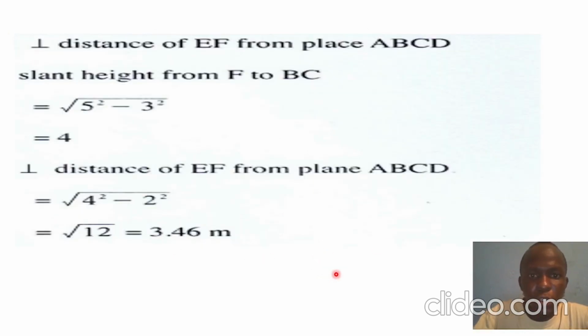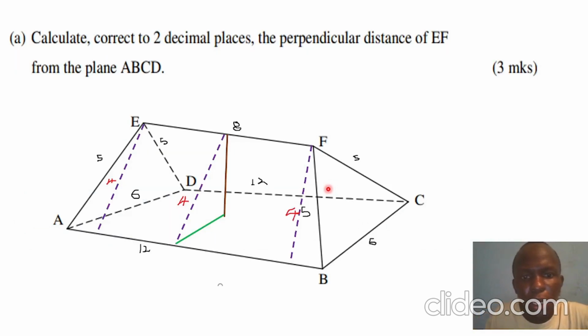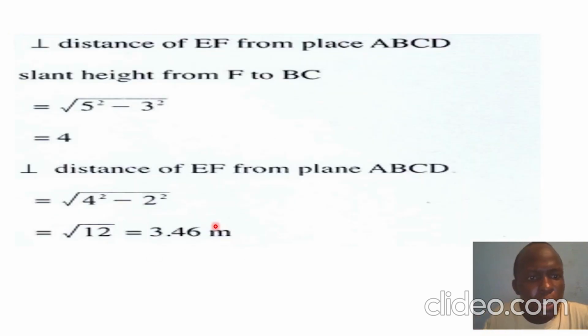So let us go to the solution. What is the distance of EF from the plane ABCD? So that will be 4 squared minus 2 squared. So the distance will be 4 squared minus 2 squared. What is 4 squared? 4 squared is 16. 2 squared is